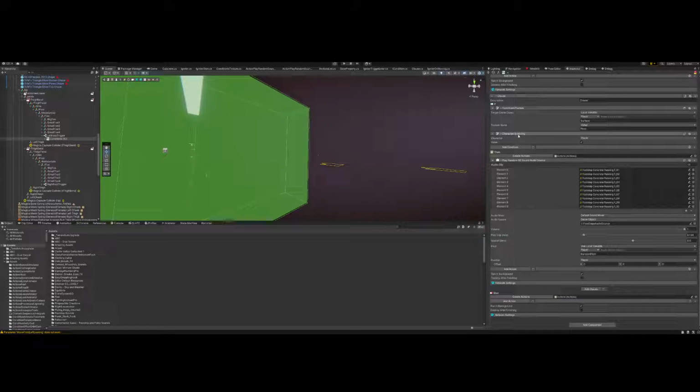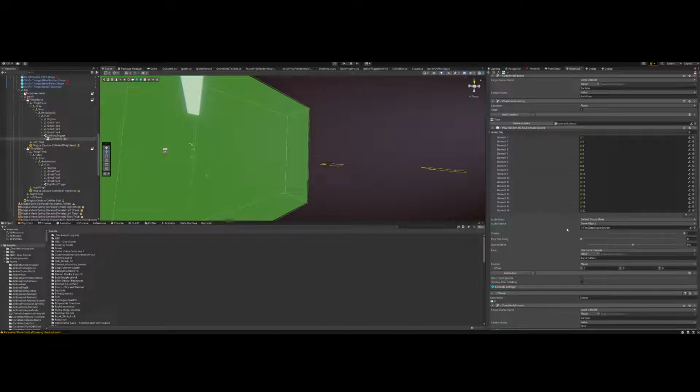As with the other one, I added that the character is moving, and it has to move, otherwise don't play these footstep sounds. Currently on else I have nothing. I added something once on else, and then it was kind of messed up. I'm not quite sure why, but I will try to figure it out. But this is right now the setup, and with this setup it's possible to play different footstep sounds on different